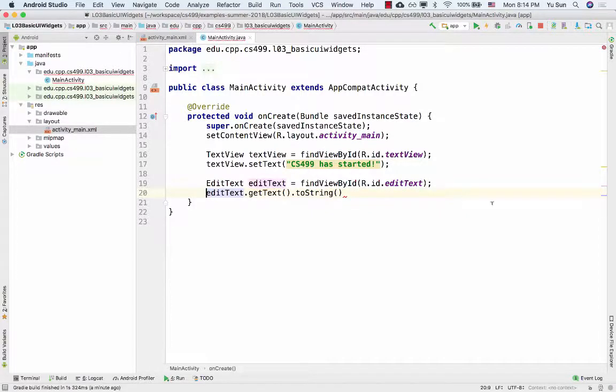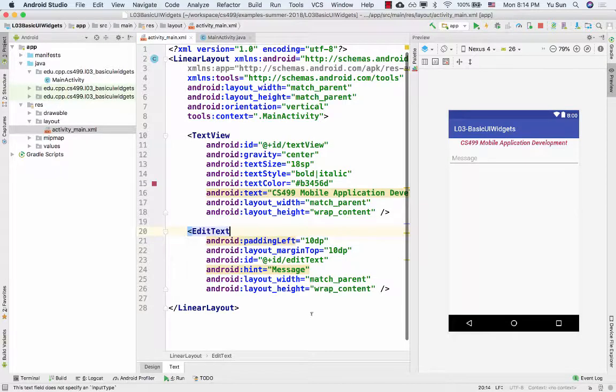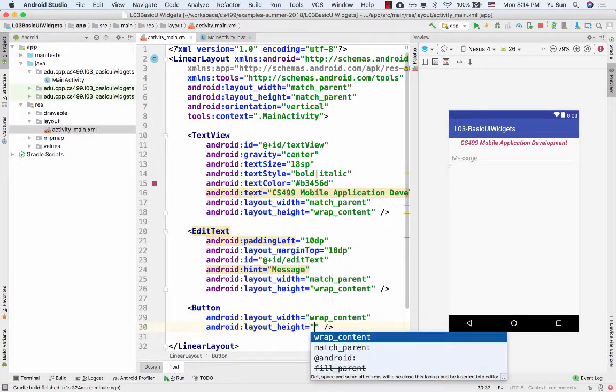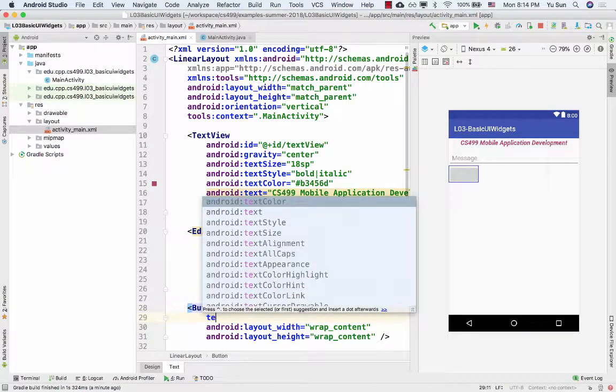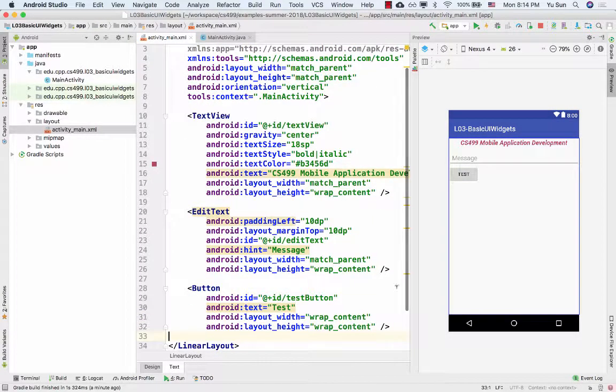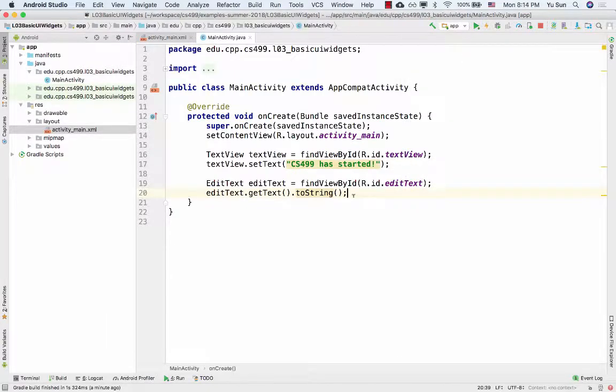you can't see it here because when you run it, it hasn't started. So I can add a button. All right, so I'm going to put a button here. Test button. Give an ID. Test button. All right. So if I click on this test button,